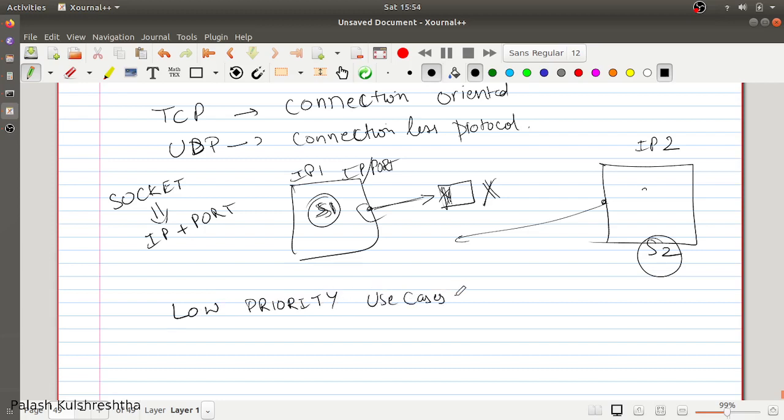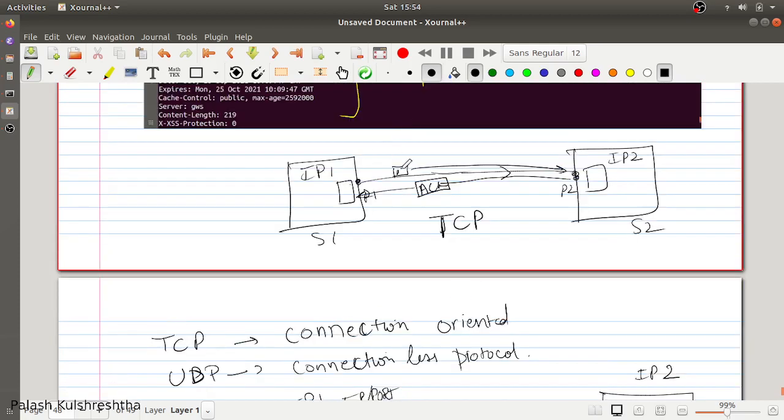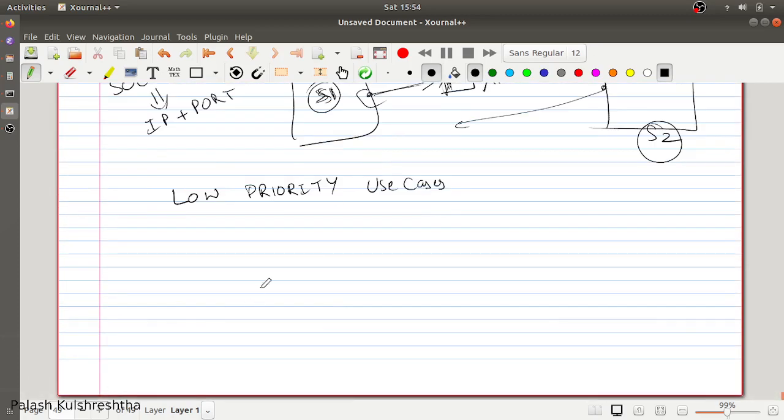TCP is a complex protocol, because once a packet has to go, then a receiver has to receive, then another packet has to go, and a receiver has to receive. If there is a packet drop, or packets are lost in the transmission and the ACK is not received in a defined time frame, then server 1 will send that packet again. Some computation power or resources are required to support TCP, whereas UDP is a very lightweight protocol. It's just fire and forget.